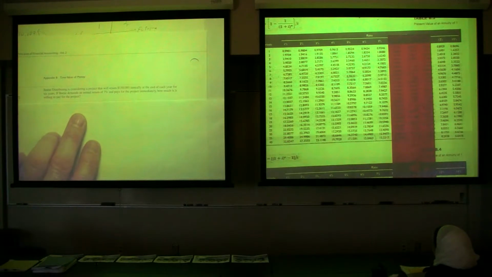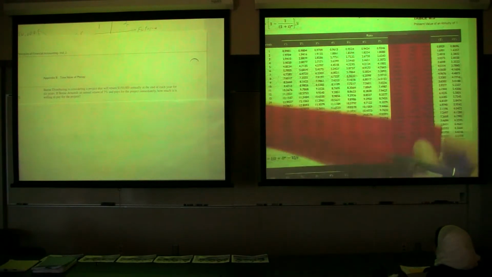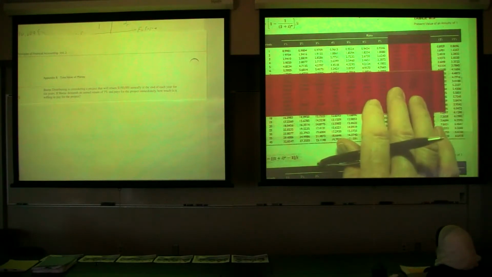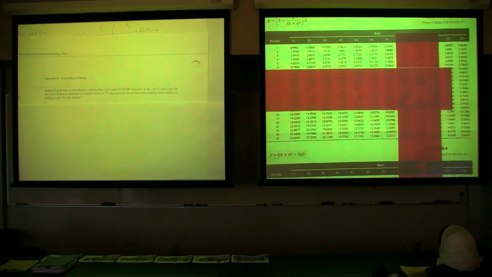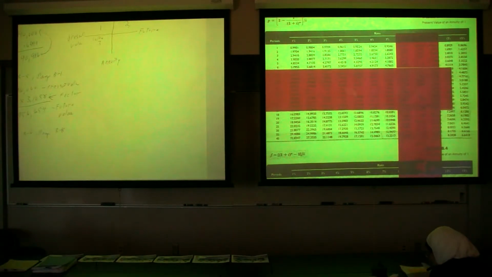And it's 6 years, so that'll put it in this row. Okay, let me make sure I do have everything lined up there. So the factor then is right here, 4.7665. So in this case, here's what we'll have, okay? So what we'll have is